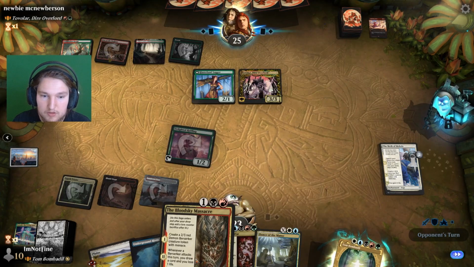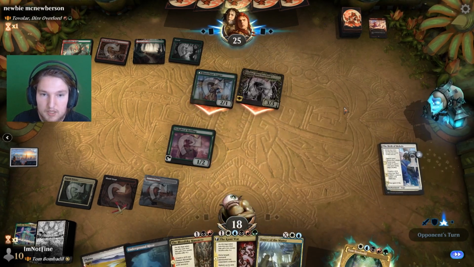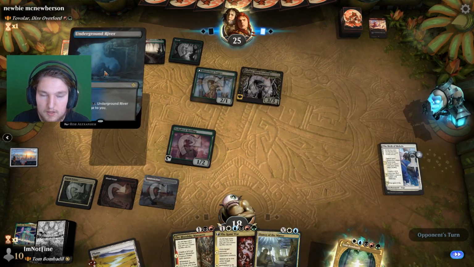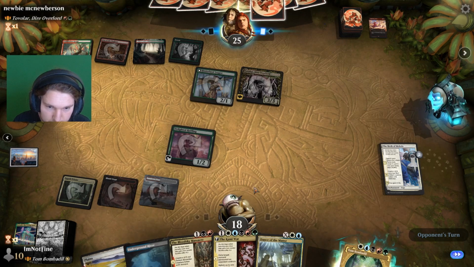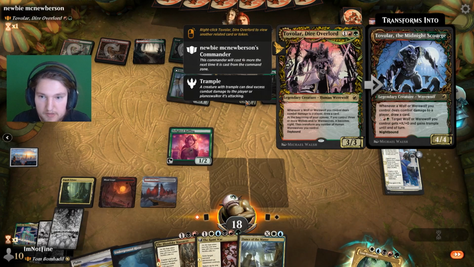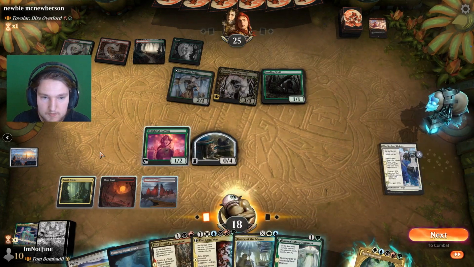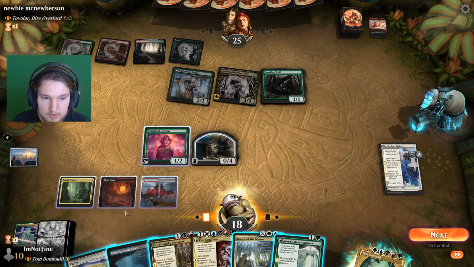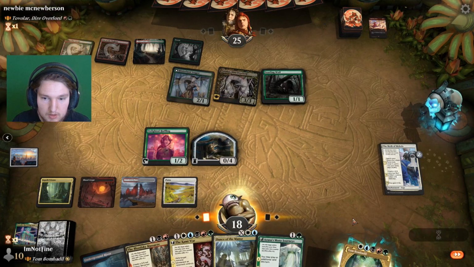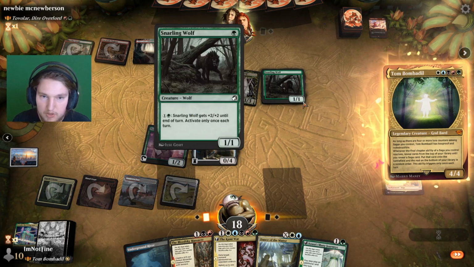We definitely don't, because our curve is going to be Tom Bombadil into Kamiwa. So our worry is if they have like a fight spell now. Black, white, blue, red. Yeah, it doesn't. Yeah, let's just play Tom Bombadil. We're not gonna block anything